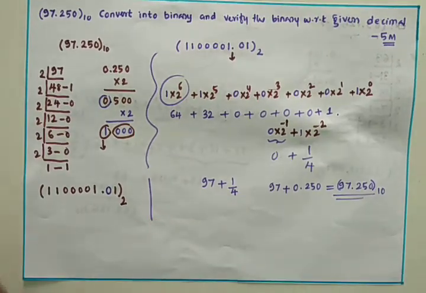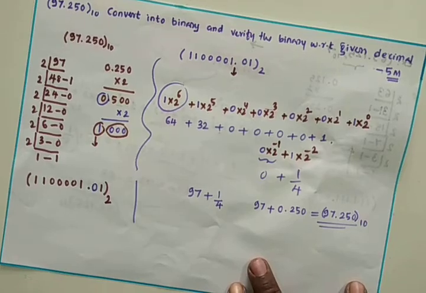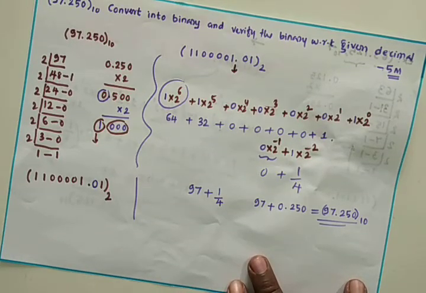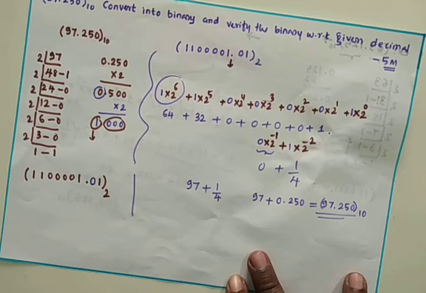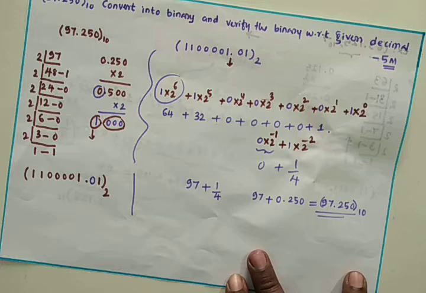So in this way we can convert any number into the binary form, and from the binary to decimal. We have studied decimal to binary, and from binary to decimal also we did. So in this way you can convert any decimal number to the binary form, and any binary form to the decimal number, and this is the conversion of the decimal to binary and the binary to decimal.